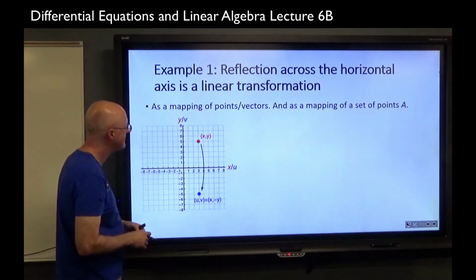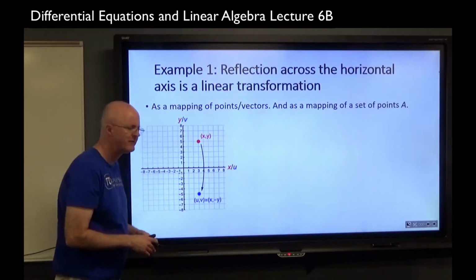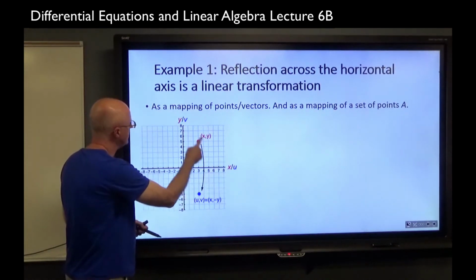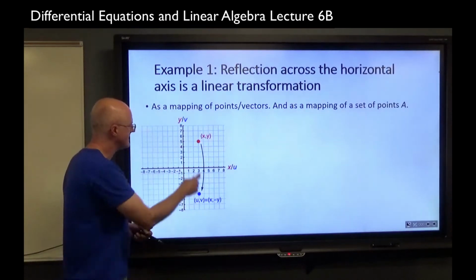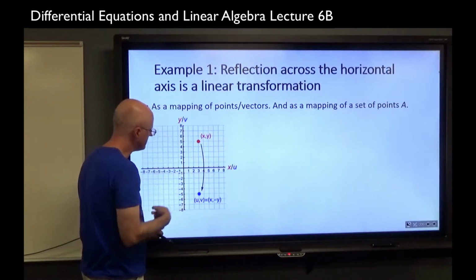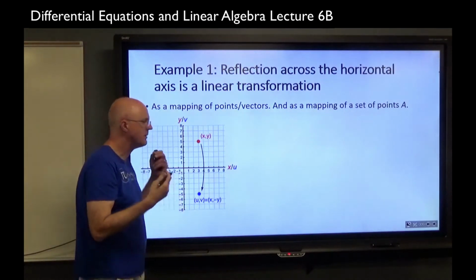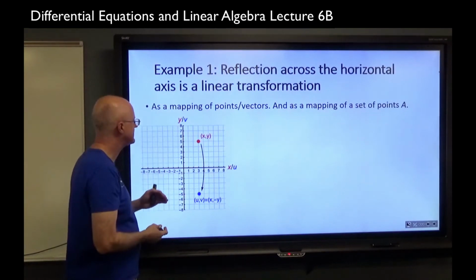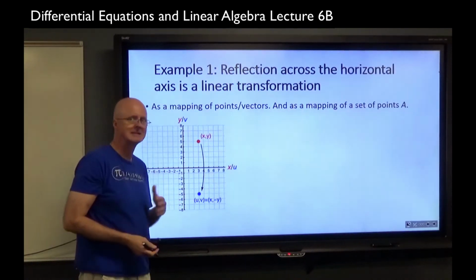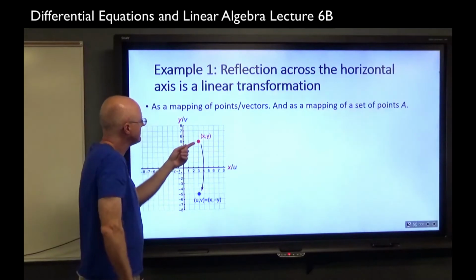You see kind of weird labels, x/u and y/v. And this point is labeled xy, and this point is labeled uv. But uv equals x, negative y? What in the world's going on here? What you need to imagine is that before the mapping is applied, we have a given point like this point